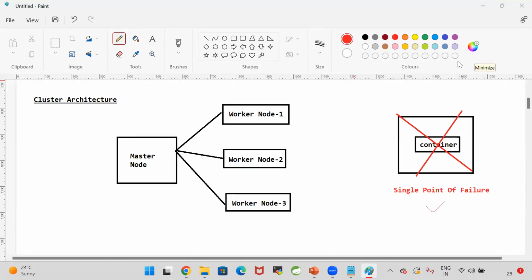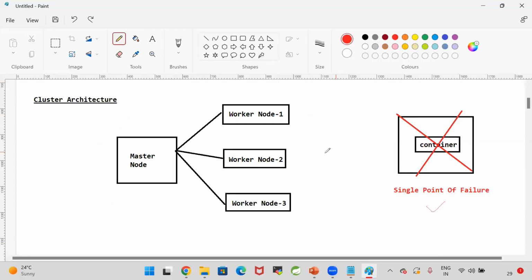Do you think that Gmail, Facebook, Flipkart, WhatsApp, LinkedIn, YouTube, Google will run in one container, in one machine? If they run their application in one machine, definitely this many people cannot access those applications at a time. That machine cannot handle this much load. Definitely, in real time, our applications will be executed in cluster mode.